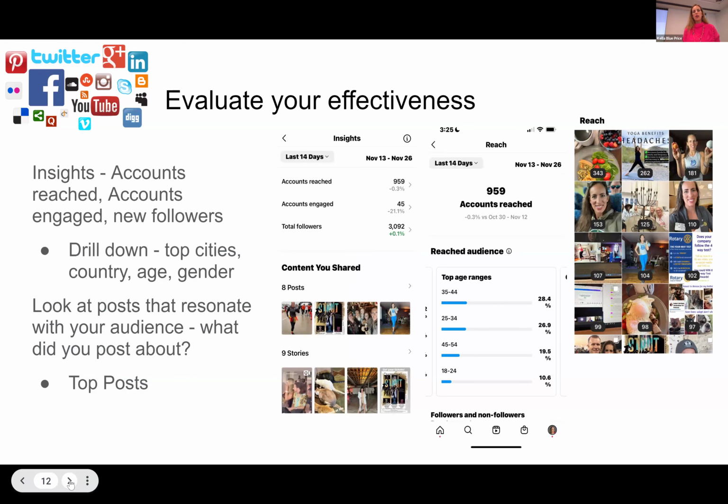So, evaluating your effectiveness, this is an example from Instagram. You can look at your reach for specific posts and look at that visually: okay, what got a lot of hits? Based on that, okay, this was visually appealing. Was it something about what kind of content I had, to try to replicate that with a different post? Looking at what audience I reached with a specific post